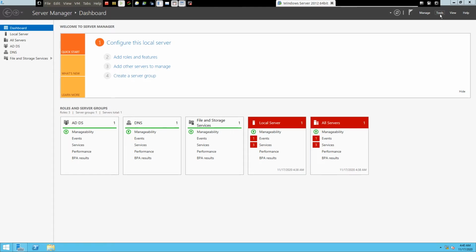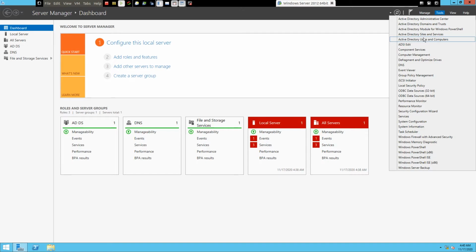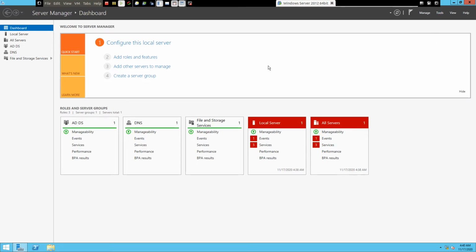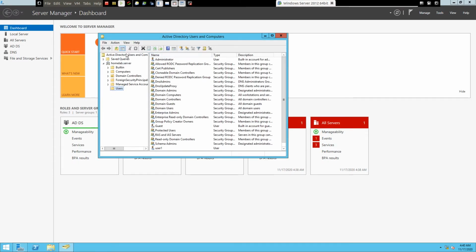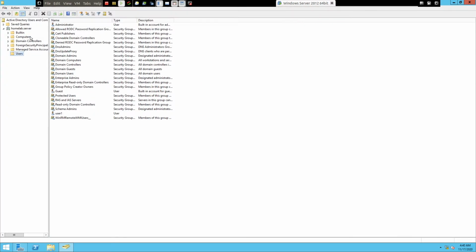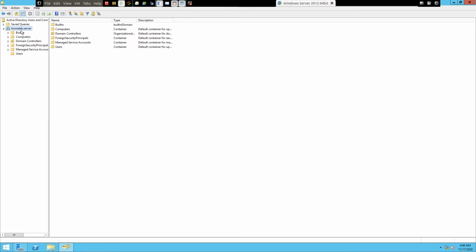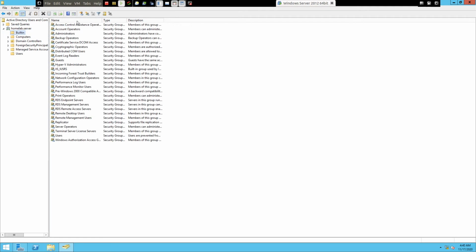To create an organization unit, you need to click on Tools and go to Active Directory Users and Computers. Let me maximize this. As you can see, there is already a domain server. This is our homelab.server, the domain controller, and you can see the built-in objects.